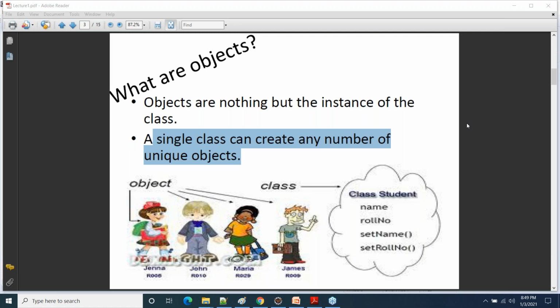Any doubt, guys? Please ask if you have any doubt. I hope this is clear. And one more thing that you should know is that you can create n number of objects in a class. There is no limitation for that. The only thing that you'll have to make sure is that you have space available in your memory. Till there is memory available, you can create object. Fine? Clear, guys?